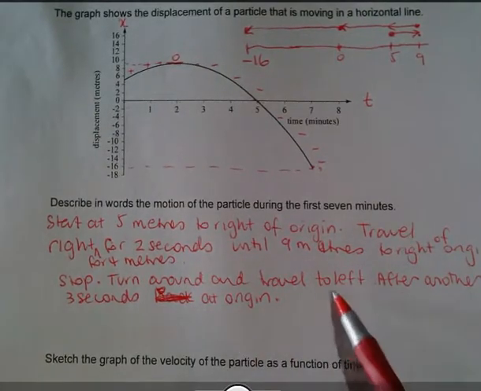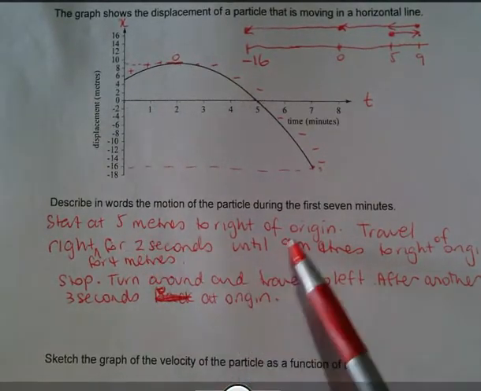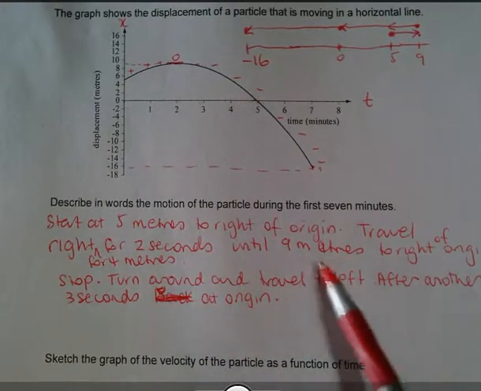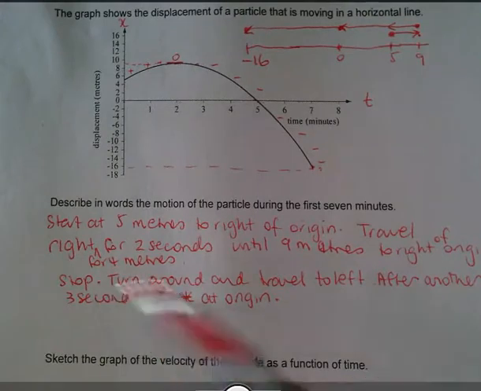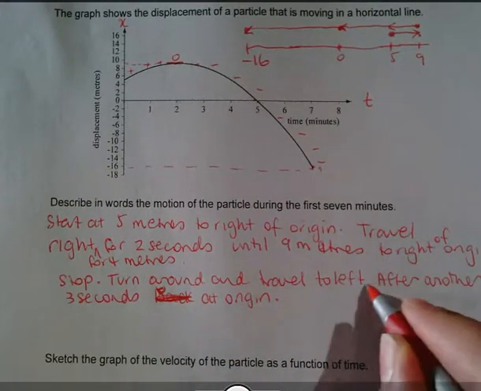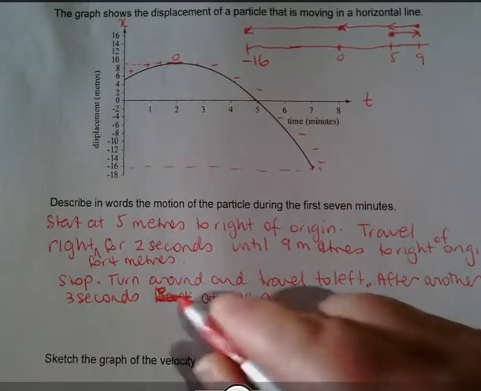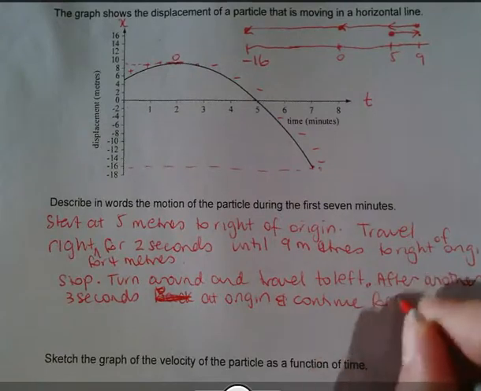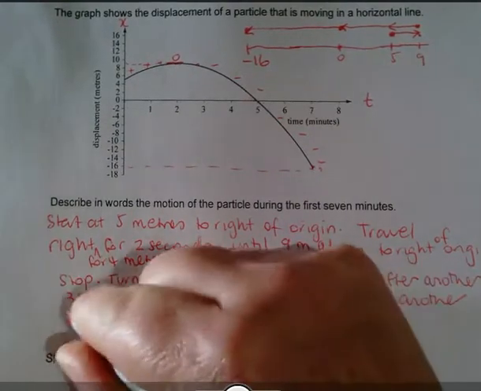So you turn around, so I've just got that here: start at 5 meters to the right of the origin, travel right for 4 meters for 2 seconds until you're 9 meters to the right of the origin. You then stop, turn around and travel to the left. After another 3 seconds, you are at the origin